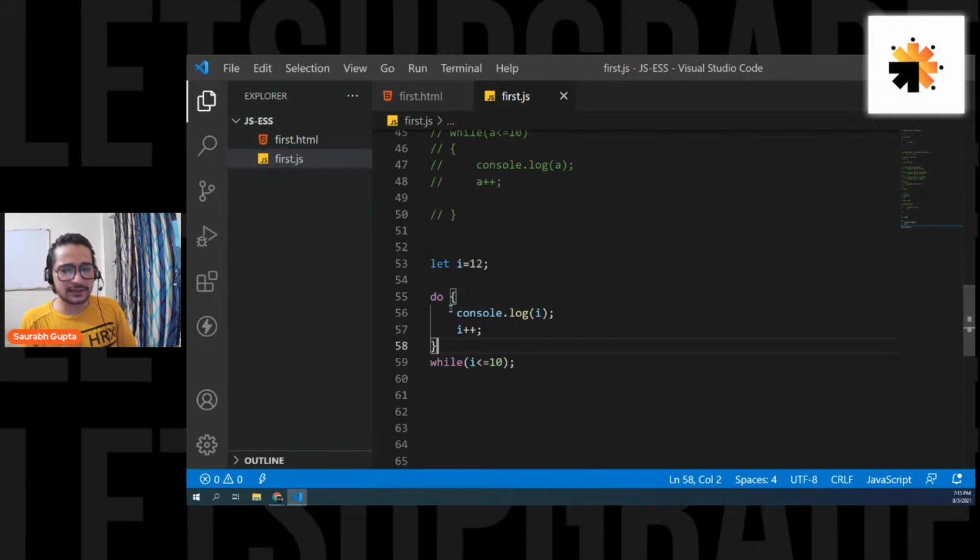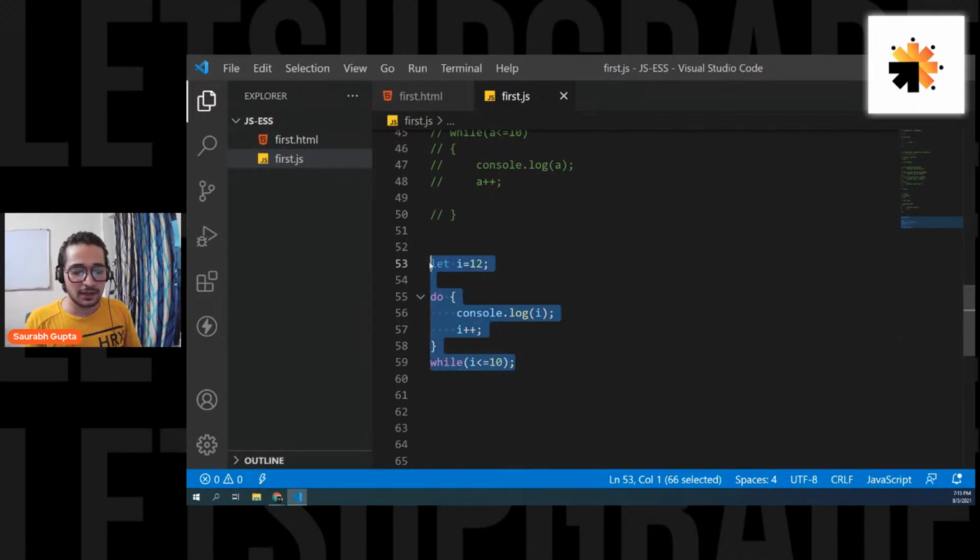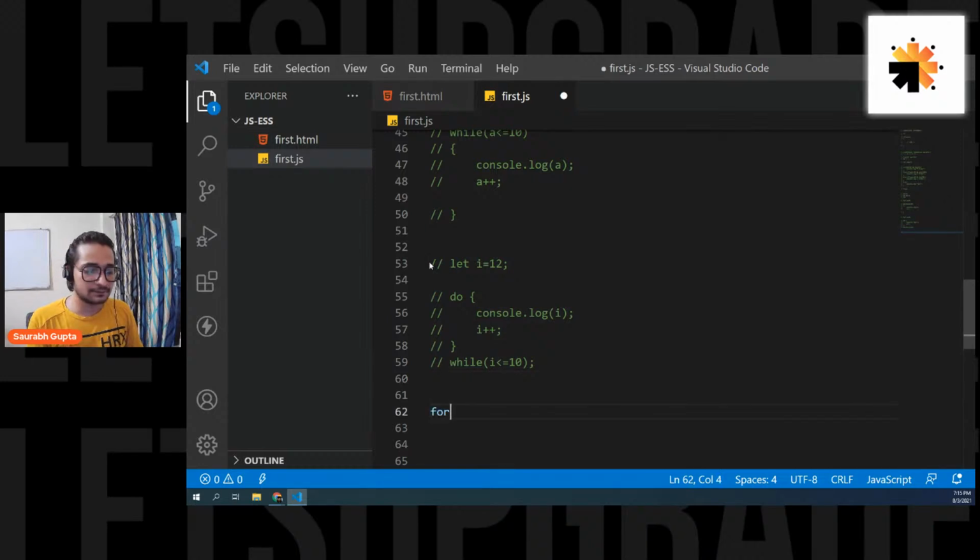Okay, that's really cool. Now let's see the last loop. That's going to be really simple, and it is one of the most used loops. One of the most famous loops. That is the for loop. Now, for is also an entry control loop. That means it is exactly similar to the while loop, but the only difference is in the syntax,